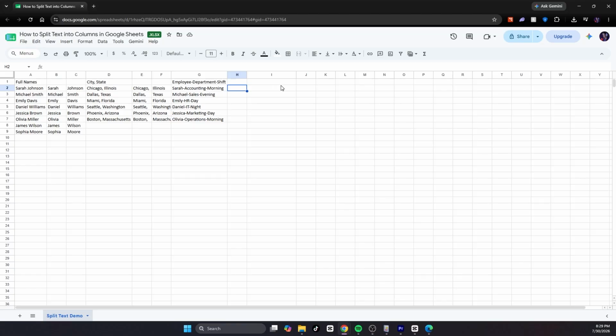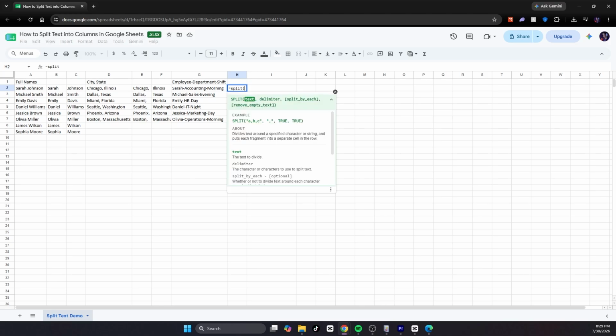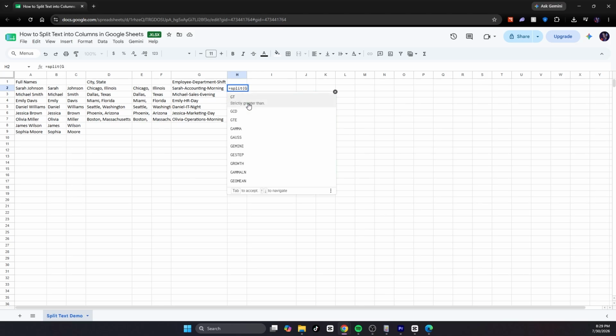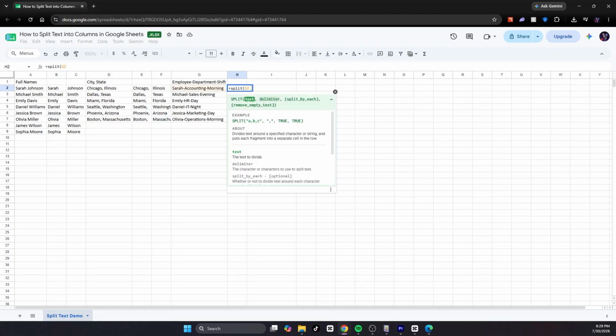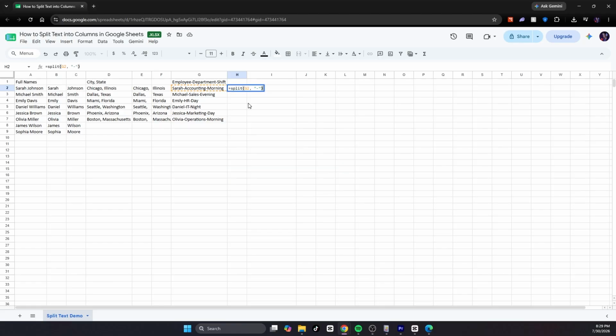Here, since you have three topics, you want to make sure you have three columns open, and it's going to be pretty similar with the split formula. And then with the parenthesis, we are interested in separating G2, but now we're going to put the parenthesis and the hyphen, because this is the value that is separating our text, and then close it up. And now it will put it in three different